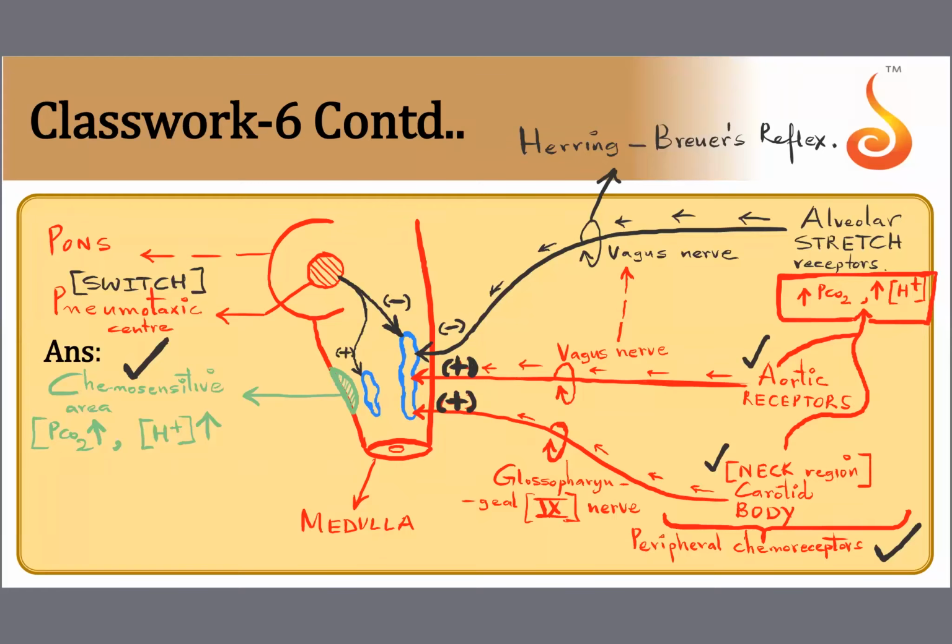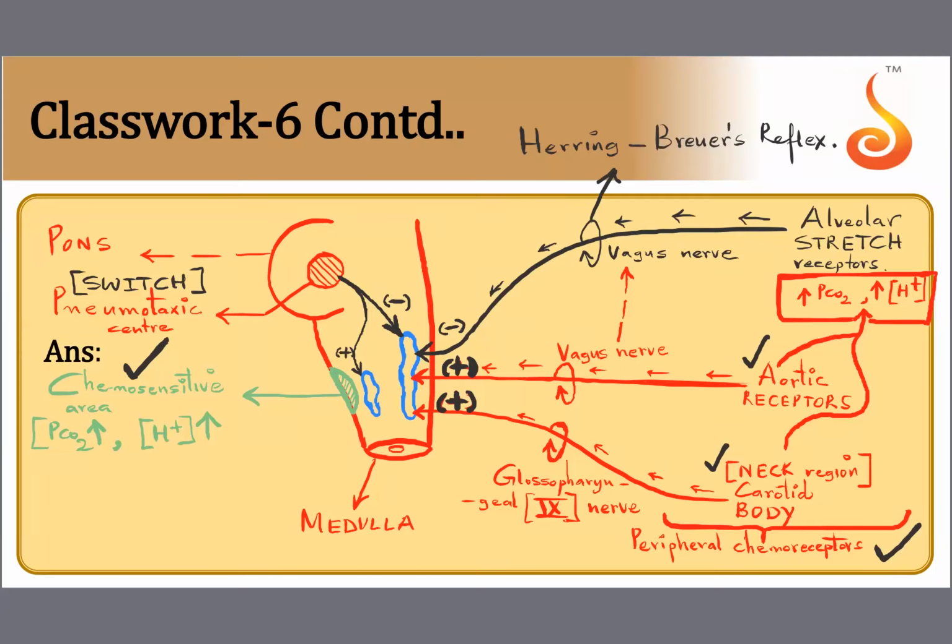So this is the major part of this chapter, children. A lot of important points to remember associated with the regulation of respiration. Okay, so I hope it is clear. Before I erase, if there's any doubt that you have, take a screenshot of it. In the textbook, only one statement has been mentioned about peripheral chemoreceptors, but now you know that peripheral chemoreceptors originate from two receptors in your body: aortic receptors in your systemic aorta and carotid body in your carotid artery running in your neck region.